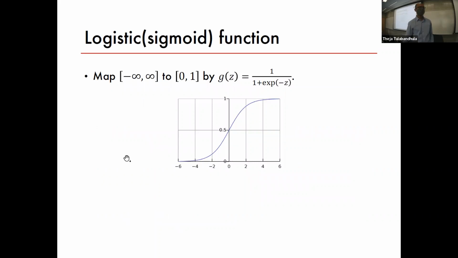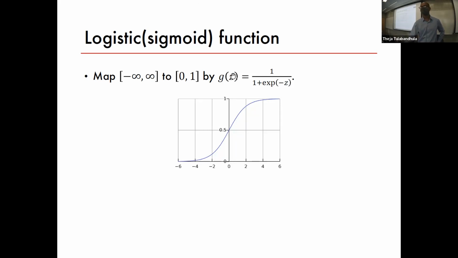So here's a popular link function we are studying. It's called a logistic function or the sigmoid function. Okay, so it's mapping from the given domain to the range 0, 1. This square bracket means it's a closed set, it includes 0 and 1. And G of z, the link function, is 1 divided by 1 plus e to the power minus z. So it seems like a function which has a numerator and a denominator with an exponential function as well, but it's not too complicated.